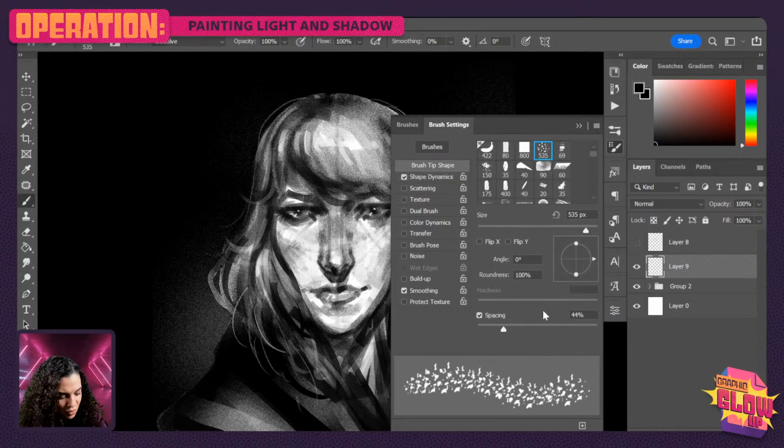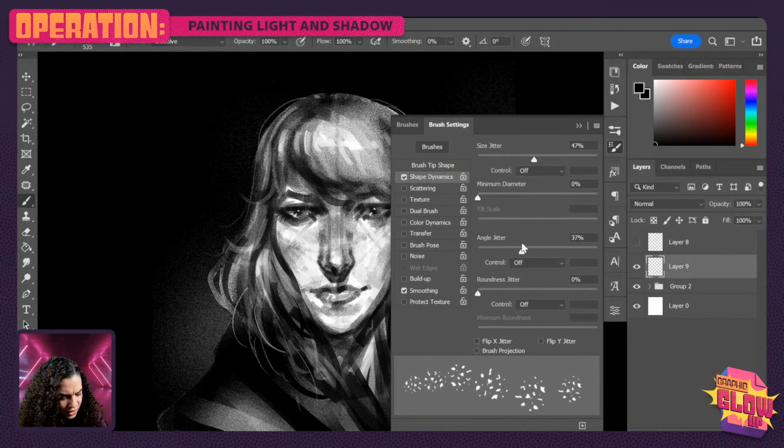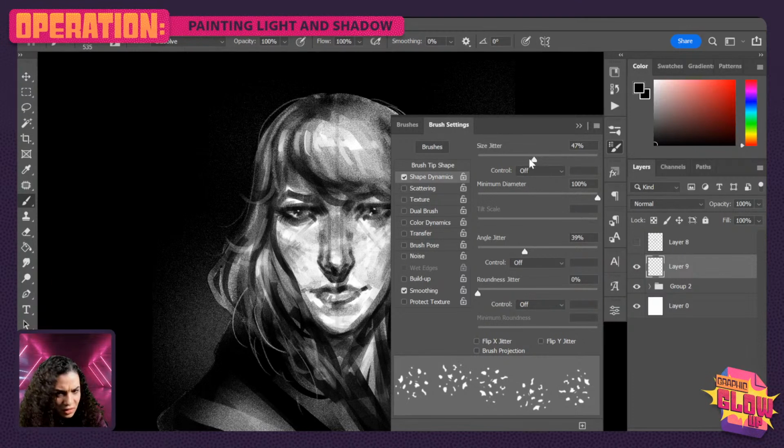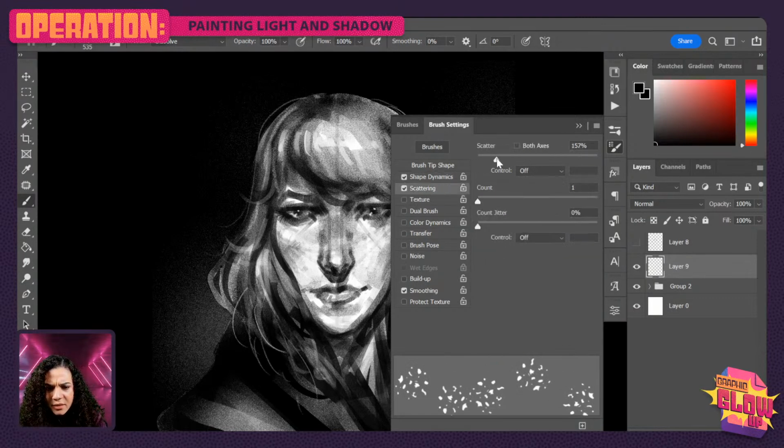I think we need even more spacing. We're gonna change the angles of this. I feel like I want, yeah, we want that size jitter. Roundness, not so much. Scattering, do we want to scatter? No. Count,